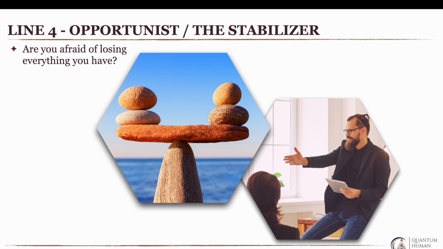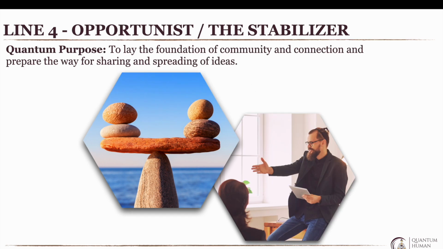circumstances. The shadow of the opportunist energy is the fear of losing everything you have. The deepest fear of a line 4 is the fear of loss and even the fear of limbo, being stuck in a place where you don't know where you're going and you don't know how to build the next step in the creation process. As you mature from the opportunist to the quantum expression of the stabilizer, and you've mastered